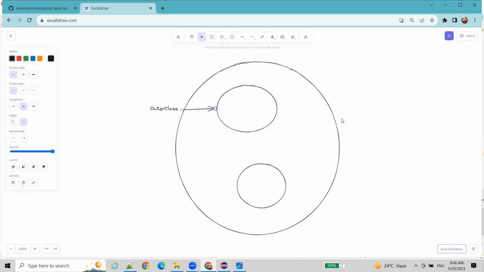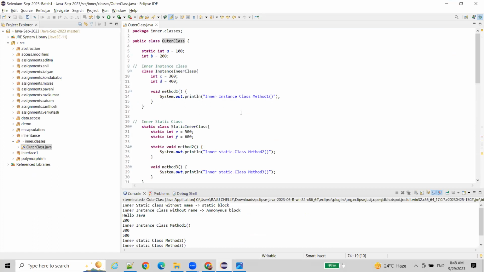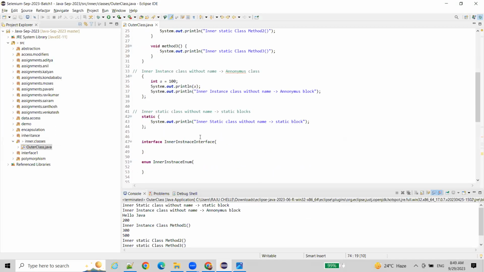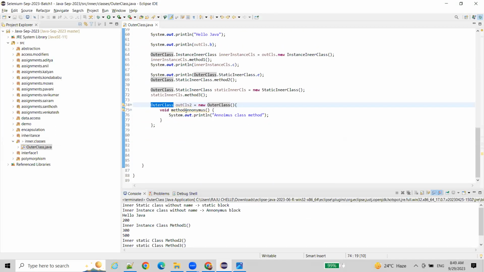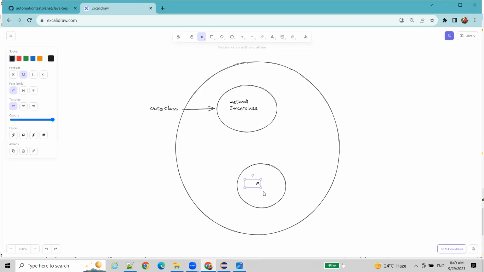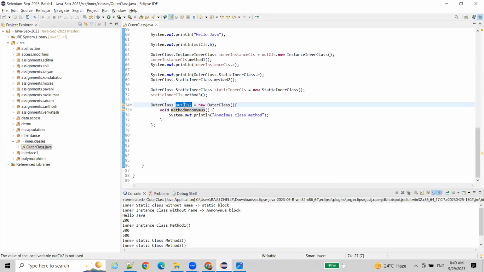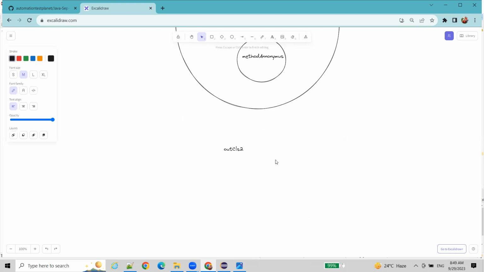This is an outer class object which contains some methods, like inner classes, method 1, and also static blocks and everything. In this anonymous class, what do you have? You have a method, method anonymous. What is the method name? Let me take it from here. Method anonymous. For both objects you have given some reference. So when you call method 2